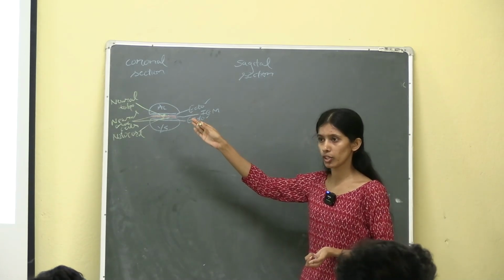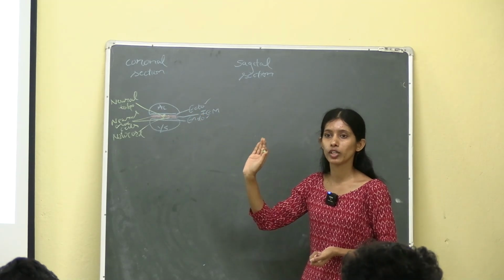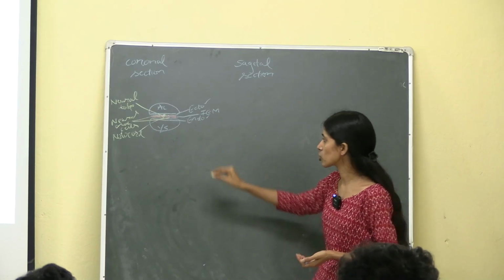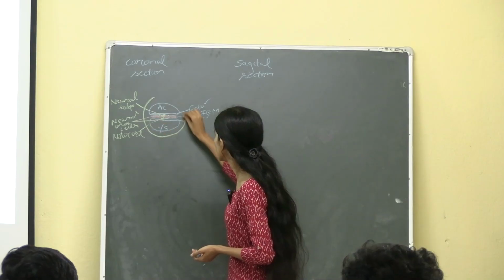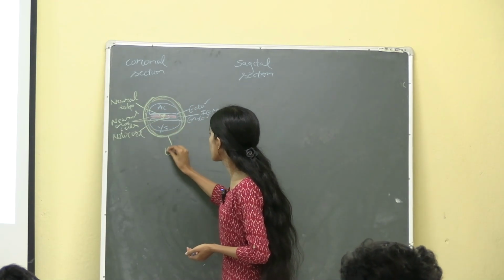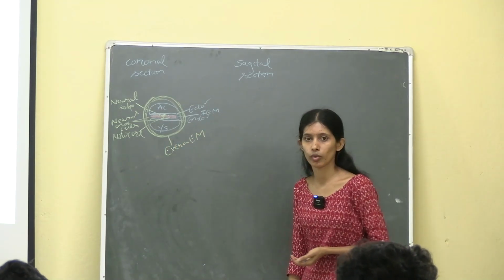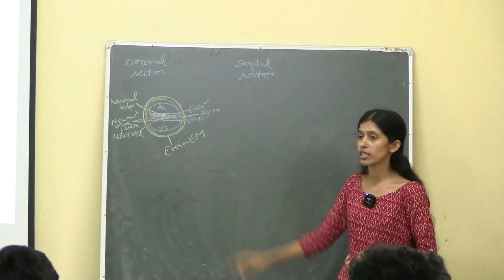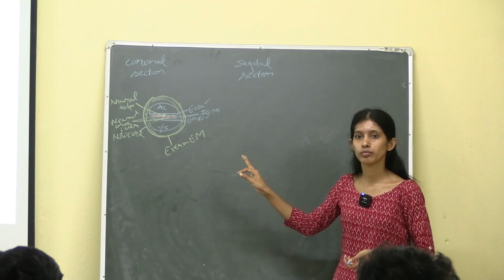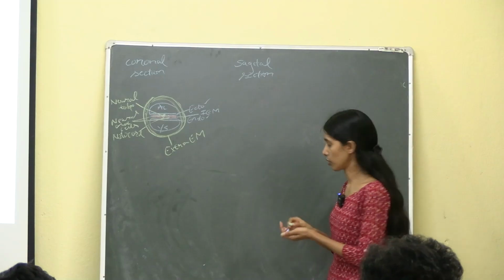In the intraembryonic mesoderm we have two important structures. The first one is neural tube. Below the neural tube we have notochord. On either side of the neural tube we have neural crest cells, okay. And this entire structure is surrounded by extraembryonic mesoderm, okay. This is how the coronal section of your developing embryo will look. Any doubts? Any doubts in this? Okay, next we'll move on to the sagittal section, okay.